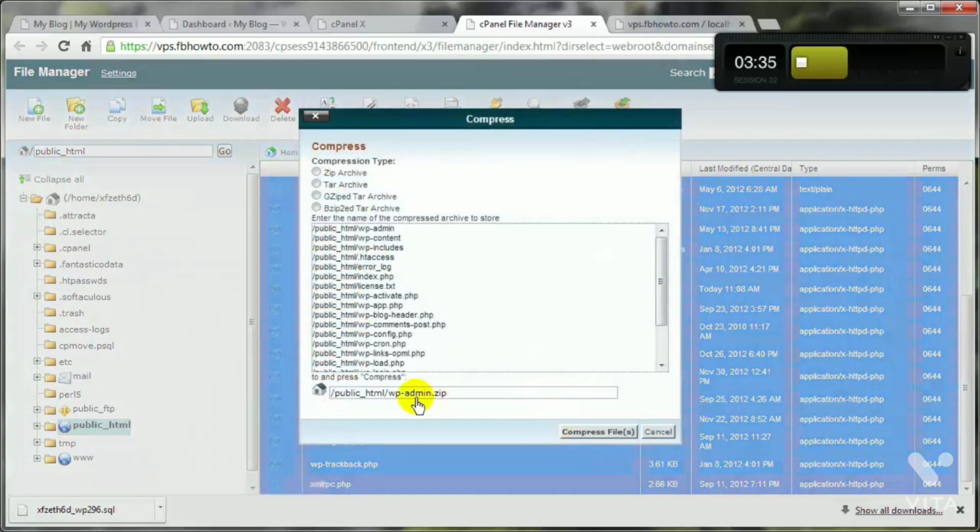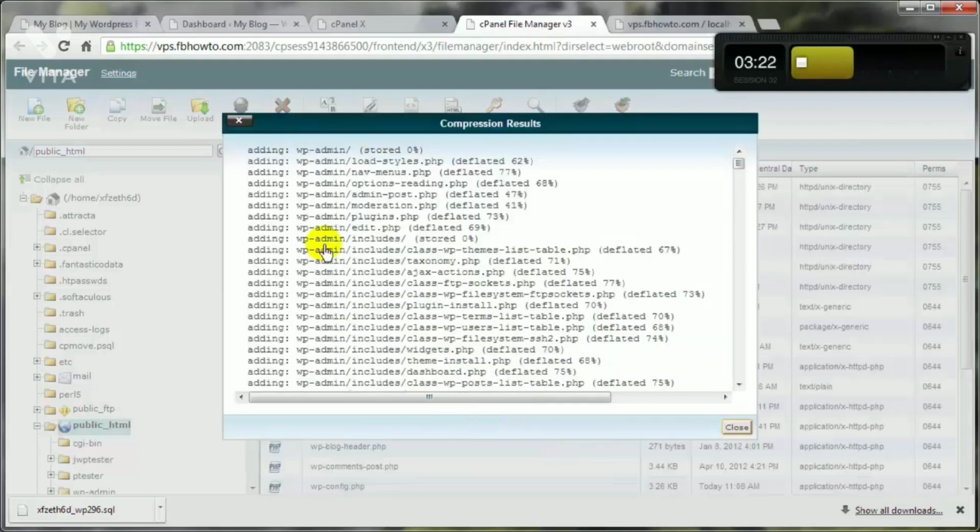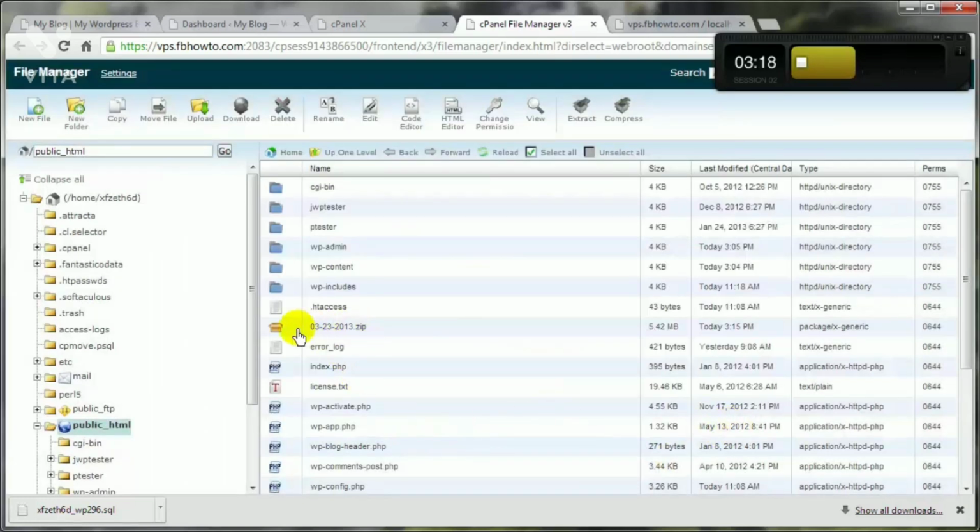Compress. And before I click on Compress Files, I'm going to give it a different name. This time I'm going to name this one Today's Date. Then compress. And again, this is time based on how big your site is. And there it is right there. We want to download this to our directory, ideally in the same location where that database is so that we